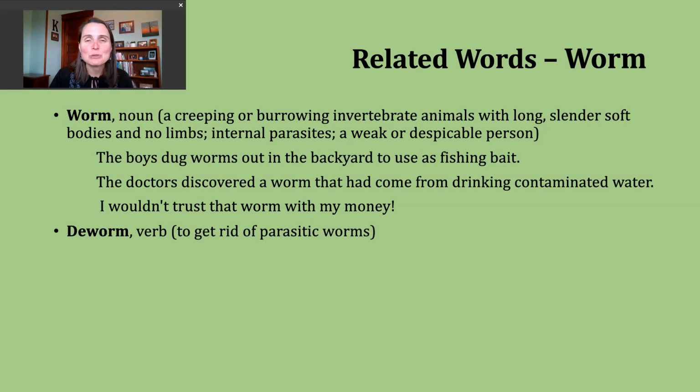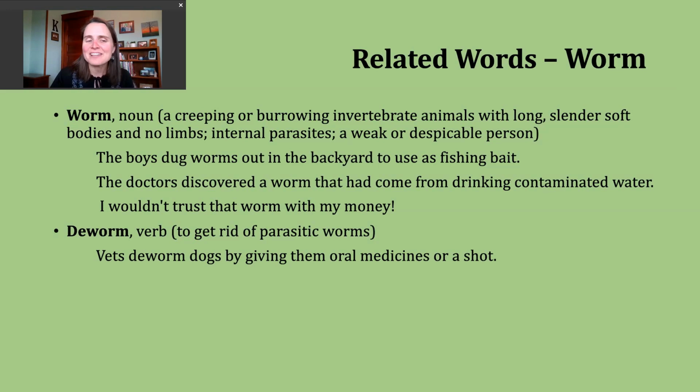Now, another related word you might encounter is the verb deworm. And again, this goes back to that third definition of our verb, where we're talking about removing parasitic worms or preventing parasitic worms, generally from being in animals. An example of how you might hear this used. Vets deworm dogs by giving them oral medicines or a shot. So vets here are short for veterinarians, doctors that focus on taking care of animals here. And it's describing in the sentence how they eliminate or get rid of those things that can cause bad health